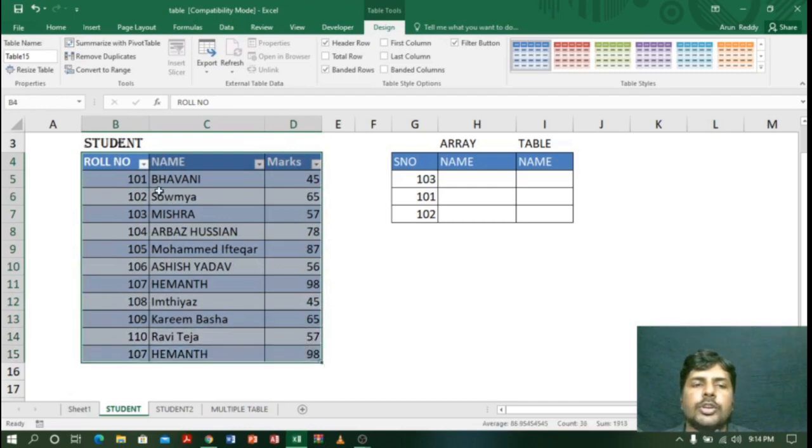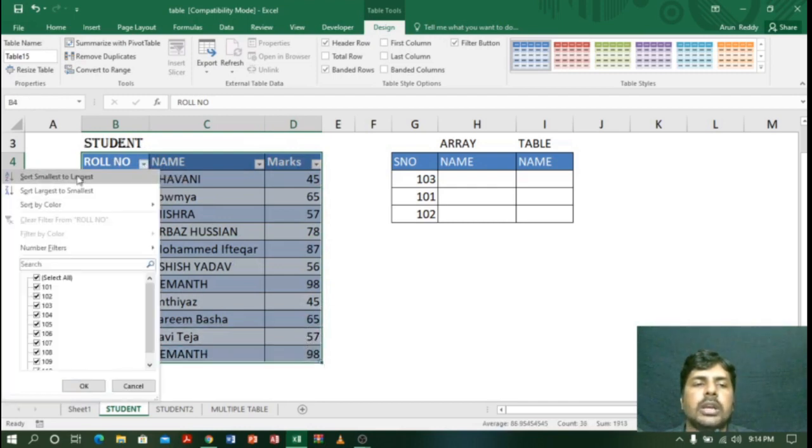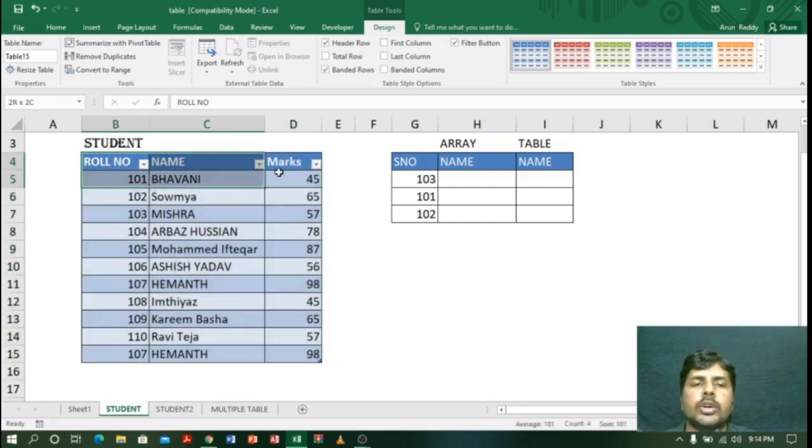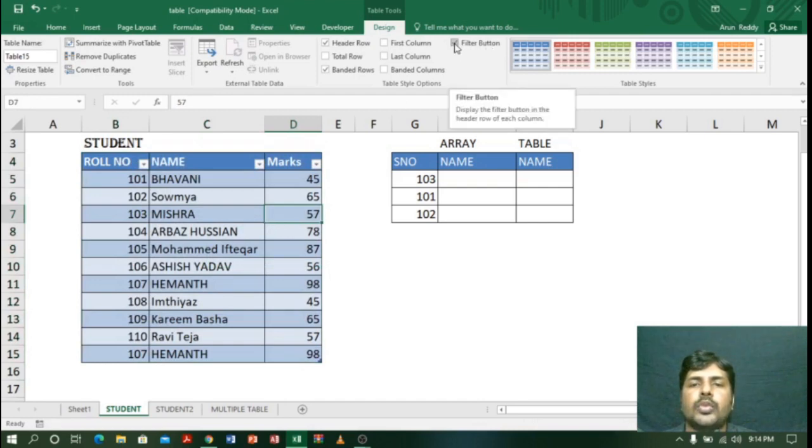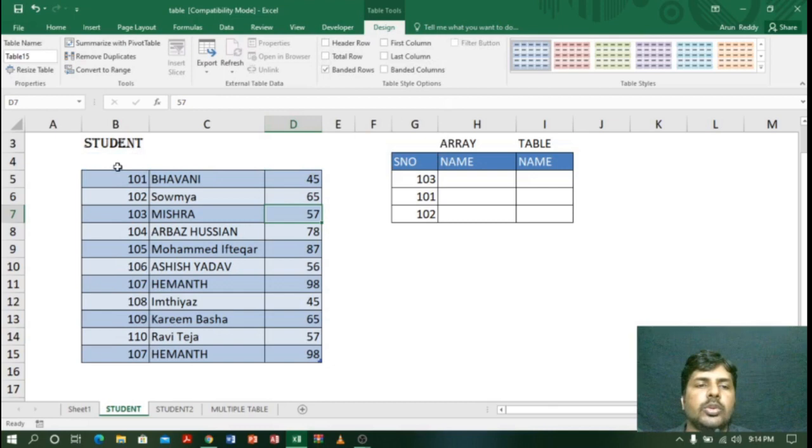When it has converted into a table, you can see here by default it has sorting and filtering options. Suppose you don't want the sorting and filtering options, you can go to here. You can see there is a filter button. If you unselect this one, see, now it has gone. Suppose you want it again, you just select, see, you got it. Nice, right? And you can see here there is a header row option. If you unselect, automatically your header will vanish. If you select, nice, it has come back.